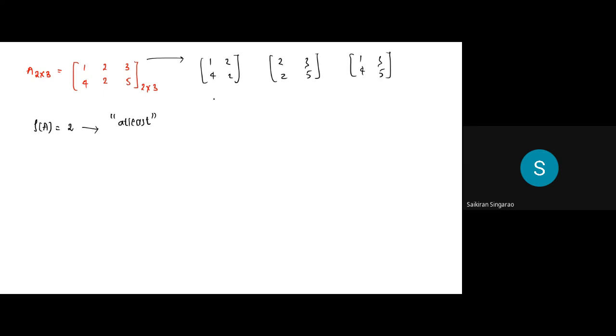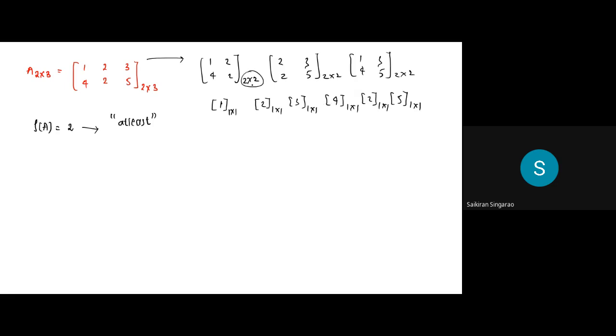And anything else is possible? No, sir. 2 cross 2 or 1 cross 1 is only possible, right? 3 cross 3 is not possible. Are you understanding this? Square sub-matrix means the order should be the same, that is it could be 1 cross 1 or 2 cross 2 and all possible combinations, right? Now, first we have to always start from the highest.